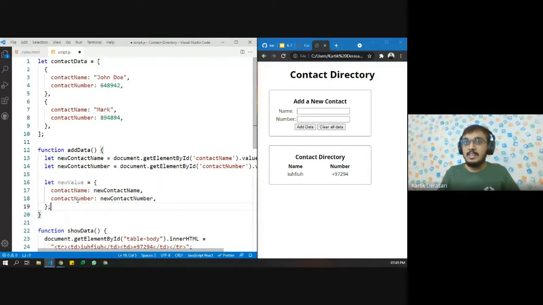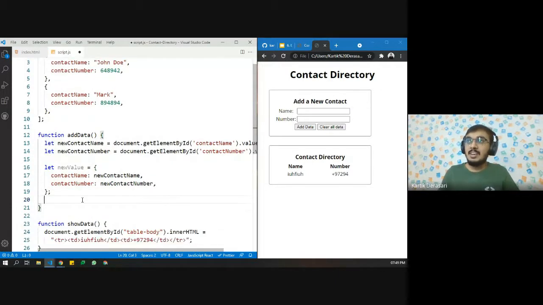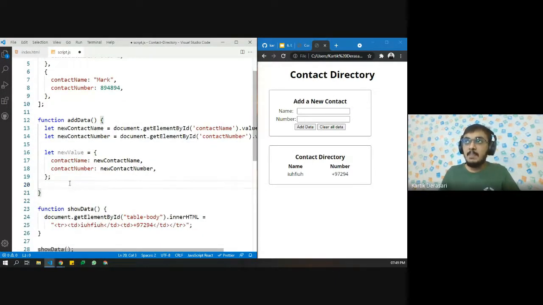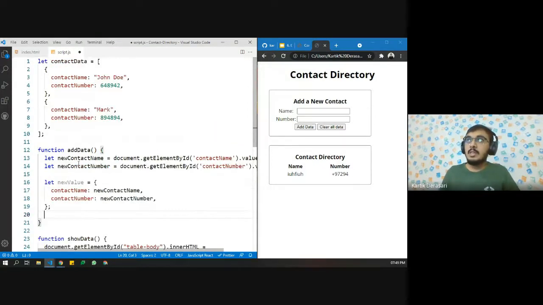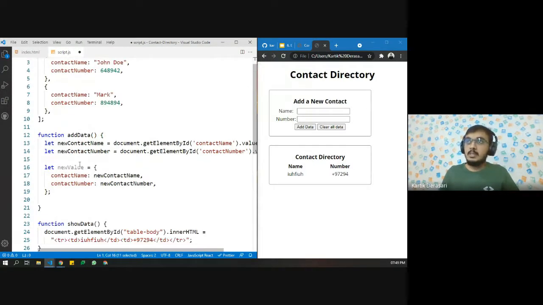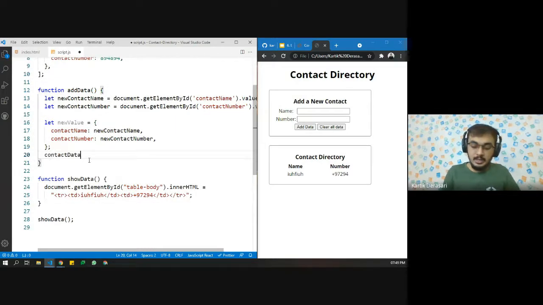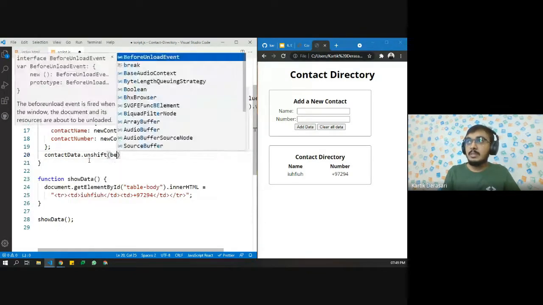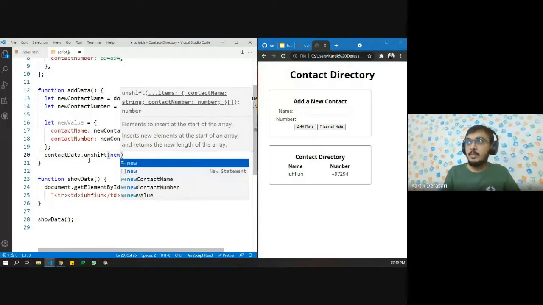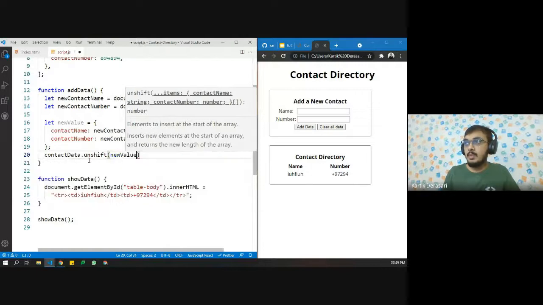Great. Thanks for the answers. So now, whenever we want to add any values at the beginning, we need to use the unshift function. So here we have contactData. Let's say contactData dot unshift. And inside that we are going to pass the new value. Okay.